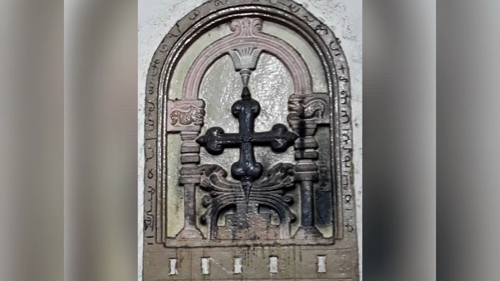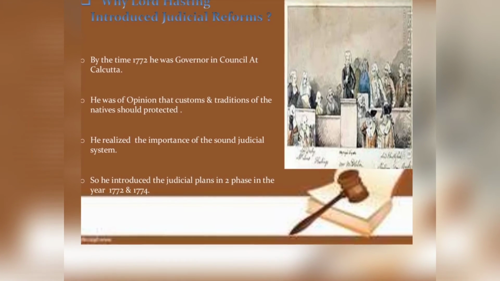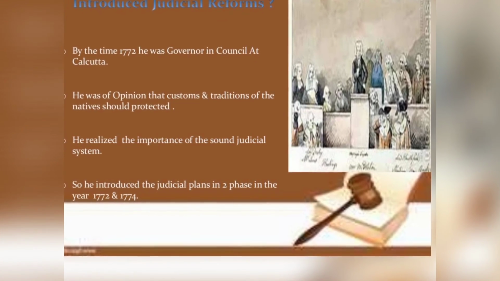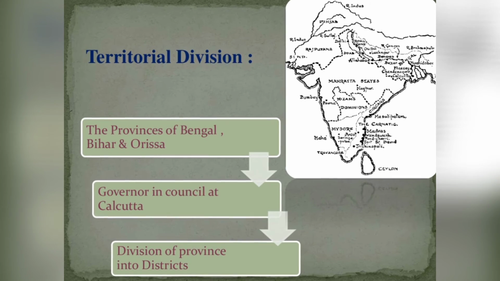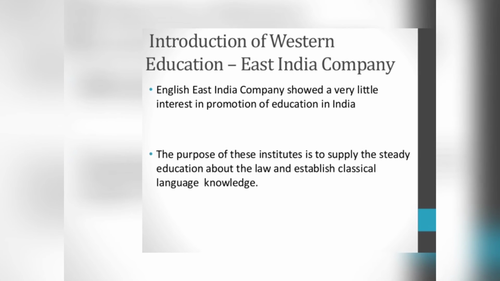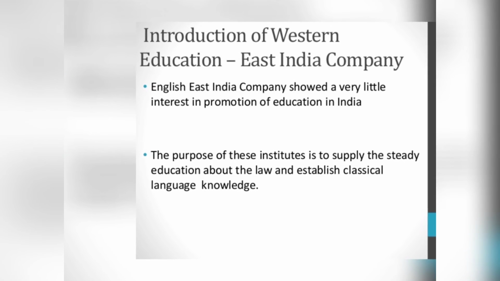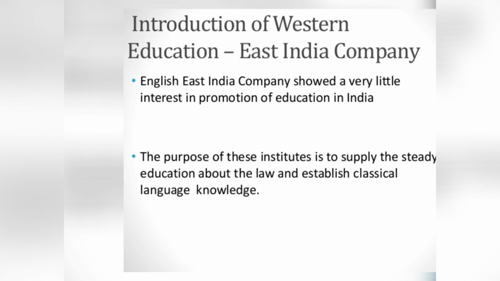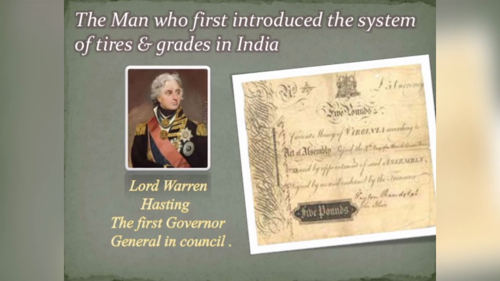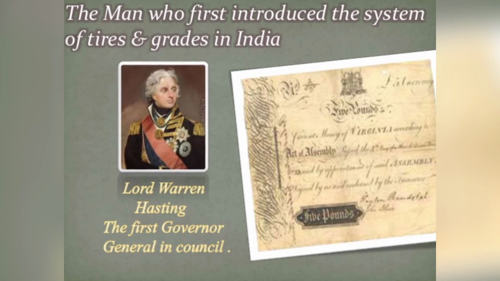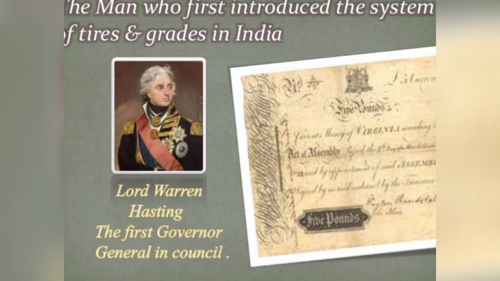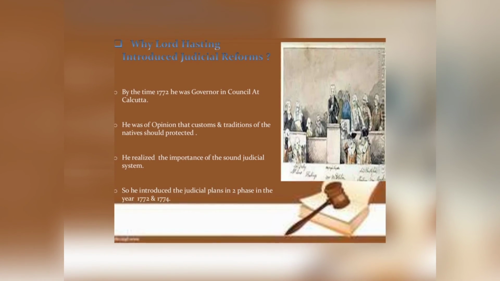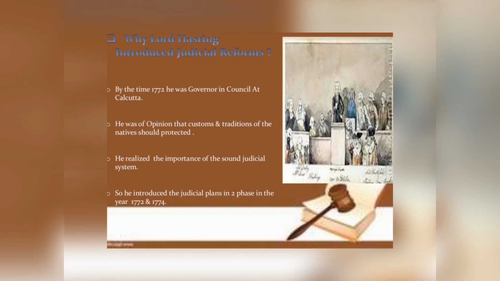So during the period of 1792 to 1813, the East India Company, led by Governor Warren Hastings, didn't allow the missionaries to work within its territories. So the inception of English education came with the director Charles Grant, but he was not able to work properly because of the influence of Governor Warren Hastings and his respect for Indian tradition and culture. So this is how the Indian education system was getting affected by English education. But there are a lot of other things which led to the propagation of English education.